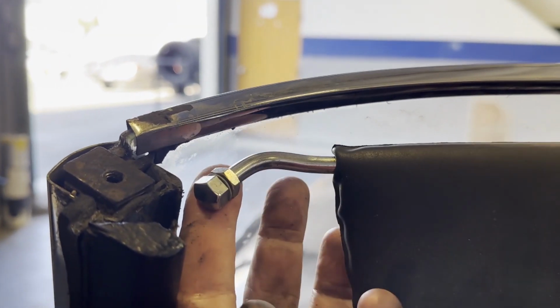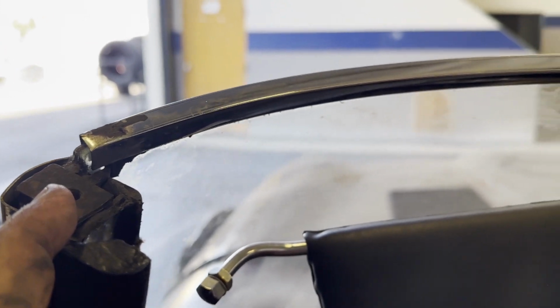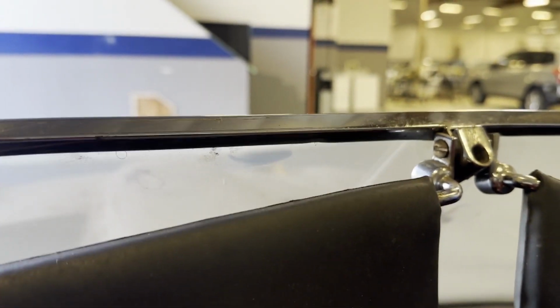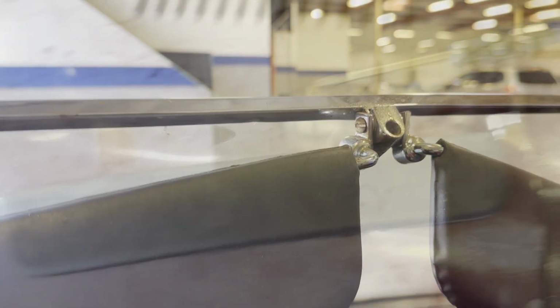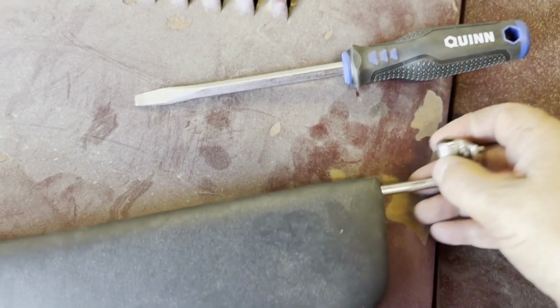Now I've released this end of the sun visor and the little bracket on the top. Come across here to the middle, and it looks like they're both just held in with flathead screws. They'll come off, and hopefully this top trim will just pull off the top of the windscreen. Okay, sun visor's out now. Worth noting that these ends, they just pull out. This one pulls out just